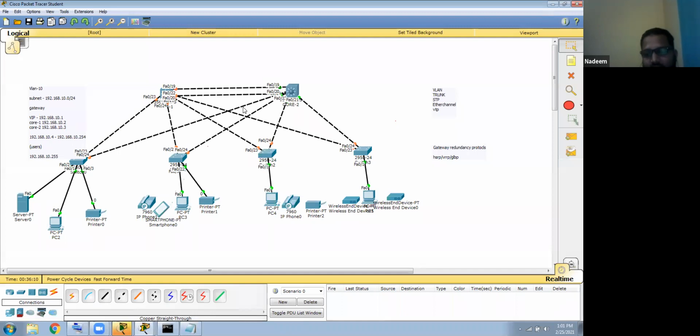So guys, this is called a gateway level redundancy protocol. VLAN, trunk, STP, EtherChannel, VTP, HSRP, everything is in one diagram. In one topology, you have done all the switching labs. On top of this, you will have a firewall, routers, internet, and MPLS. But these are the core LAN technologies, every LAN technology is here.